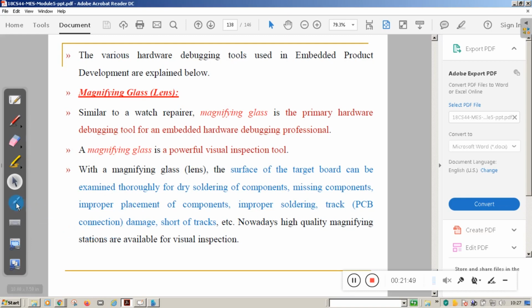tools. So one tool is the magnifying glass lens. Why do we need this one? This is similar to a watch repairer. Magnifying glass is the primary hardware debugging tool. So what is the use of this one? Magnifying glass is a powerful visual inspection tool. With the magnifying glass, the surface of the target board can be examined thoroughly for dry soldering components, missing components, improper